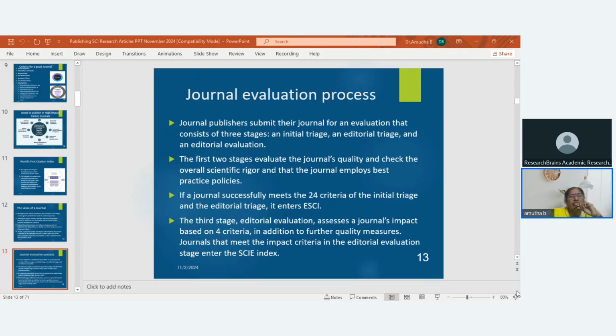Whether you have used the editing services, what is the method you have used, whether references are properly attached, whether acknowledgements are given, how many authors there are, whether every author has his or her own contribution in the paper, what is the competing interest for the authors. Because if 3 authors are there in a paper, 3 authors are sharing a paper. So when 3 authors are sharing, all the authors may not be